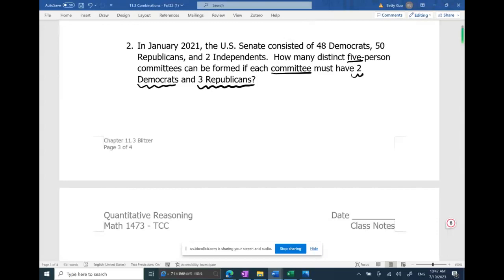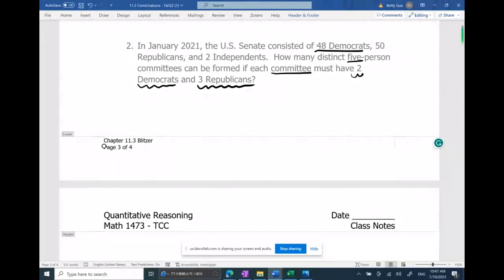How many Democrats in total? 48 Democrats. So is this a combination or a permutation? It's a combination problem. You are taking a subgroup. You are not worried about the order or who is president or vice president. You are simply taking a subgroup. So C